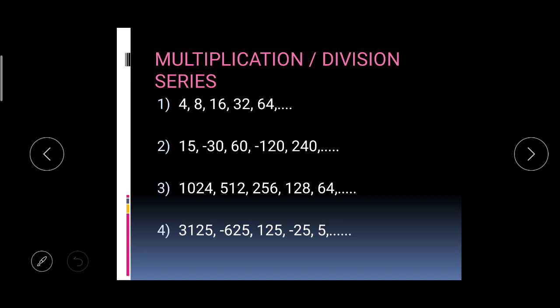If you see the first question, 4, 8, 16, 32, 64. You'll see in just 4-5 terms it goes from 4 to 64, right? So definitely it is not increasing at a very moderate rate. Its increase is a little bit higher than a normal moderate rate. If you observe that series, see, it is getting doubled. It is the double of the initial term.